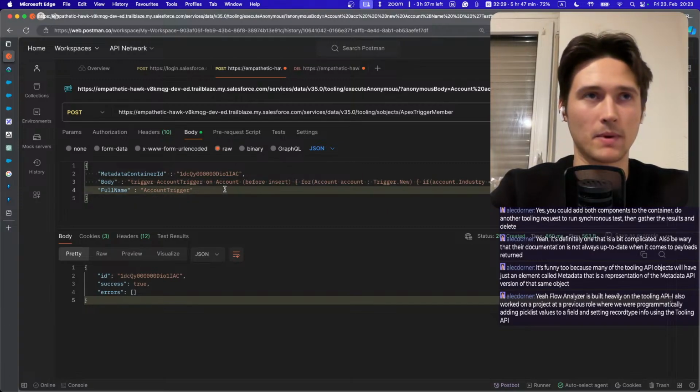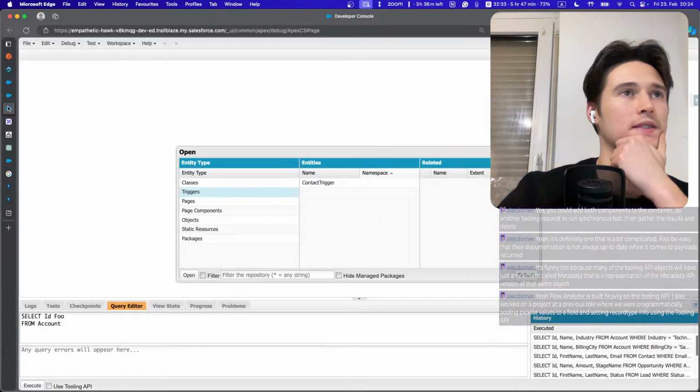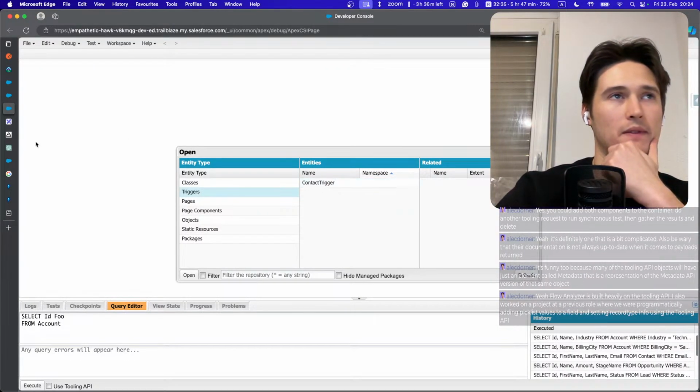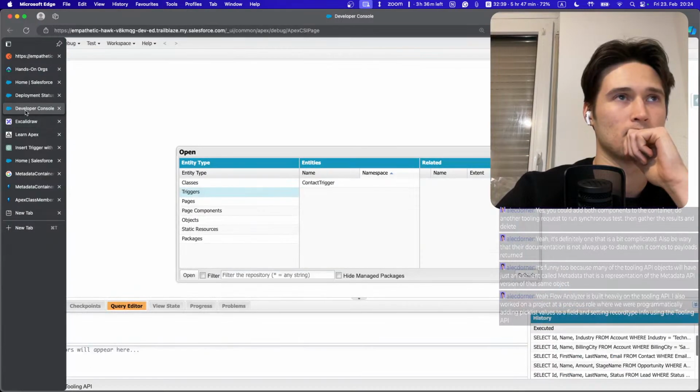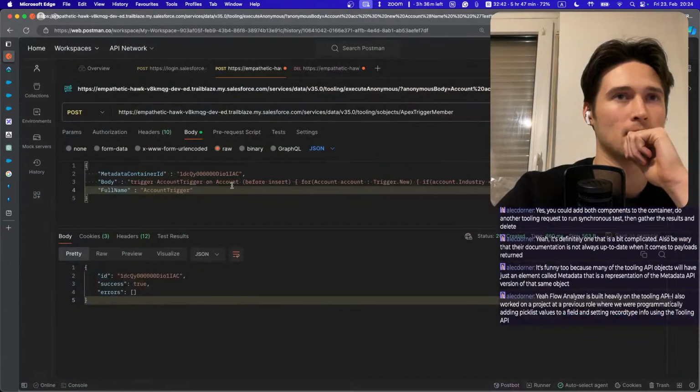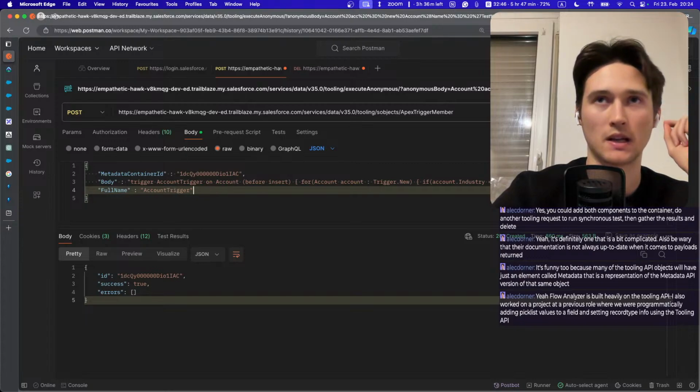Okay, so we have the body, we have the full name, account trigger, and let me make sure that, okay, I don't have the account trigger. Nice. And we have the container. So if I send it now,